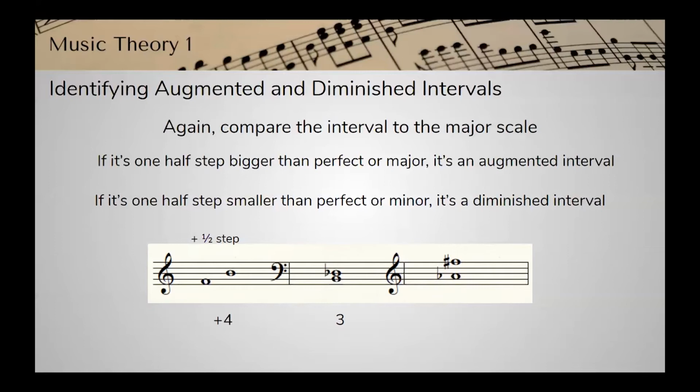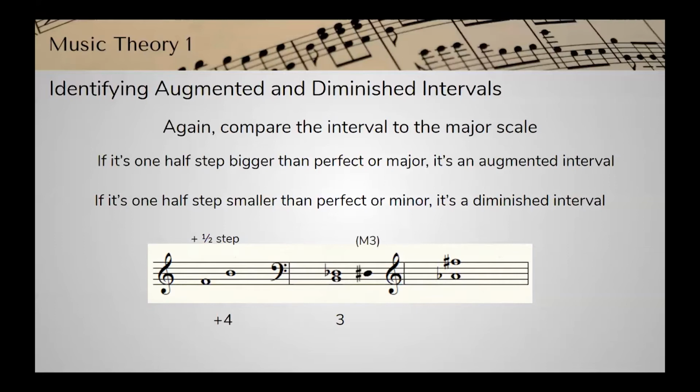And you can see, it doesn't matter what the accidentals are, this takes up 3 lines and spaces on the staff, so it's going to be some kind of third, which means that it could be a major third, it could be a minor third, but it could also be an augmented third, and it could be a diminished third. All right? So let's look at what this should be